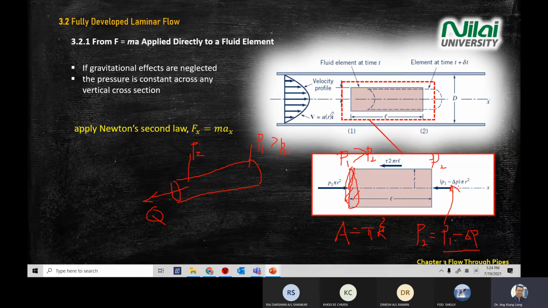That's why you can write P1 minus delta P. Delta P is the change of pressure times the area. You get the pressure on the left-hand side, and the arrow is pointing into the surface. Remember, we deal with pressure. Pressure force always points to the area or surface. And when you convert pressure to forces,